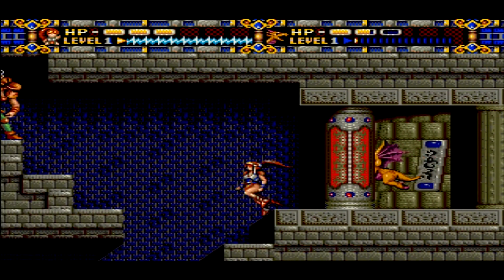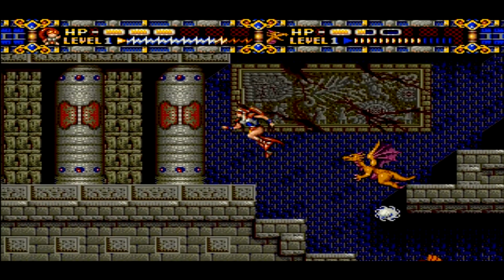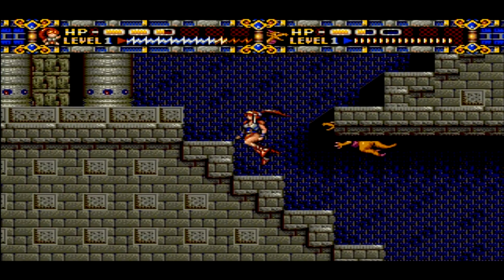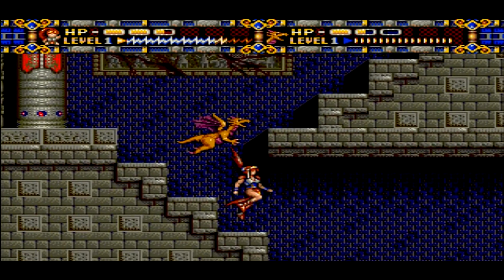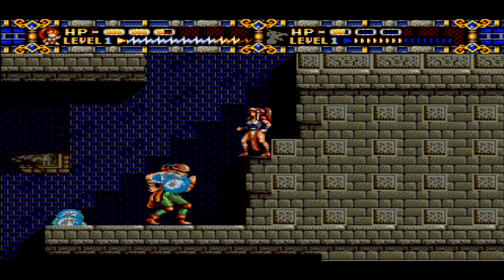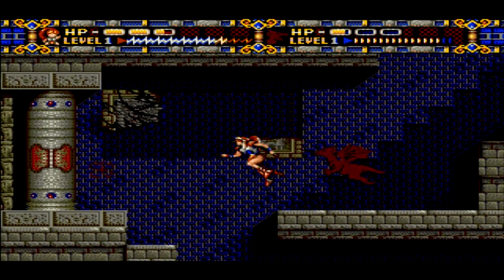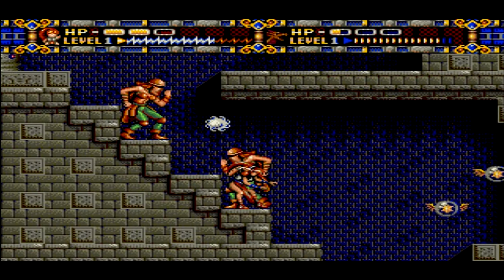Helping Alicia in her quest are her pet monsters. These creatures fly around the heroine on their own, attacking the foes and blocking enemy attacks from hitting her. There are 4 pets, each with its very own type of attack. The Dragon Frey spits fireballs, and the Boomerang Lizard hurls boomerangs. The Thunder Raven emits thunder blasts that affect enemies across the screen, and the Ball of Fire which burns enemies